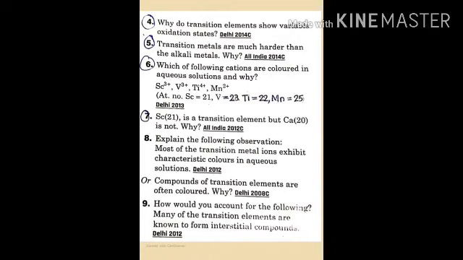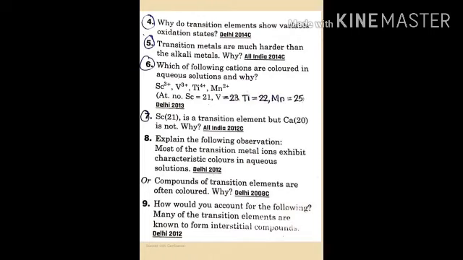Next question. Explain the following observation. Most of the transition metal ions exhibit characteristic colors in their aqueous solution, or compounds of transition elements are often colored. We have discussed the reason, right? Most of the transition element complexes are colored because they absorb radiation from the visible region and electrons are promoted from one d orbital to another. So the ions of the transition element absorb radiation of a particular wavelength, and the rest of the light gets reflected and imparts the color to the solution. Okay,